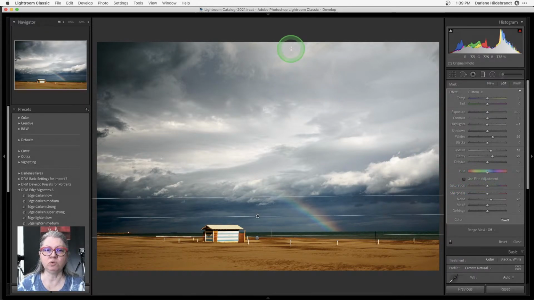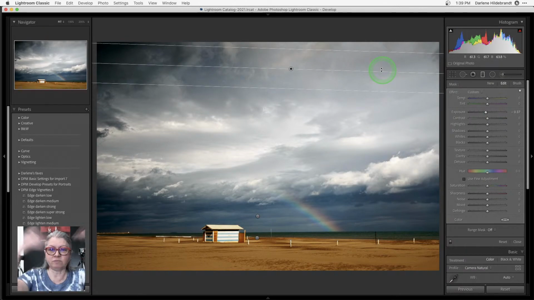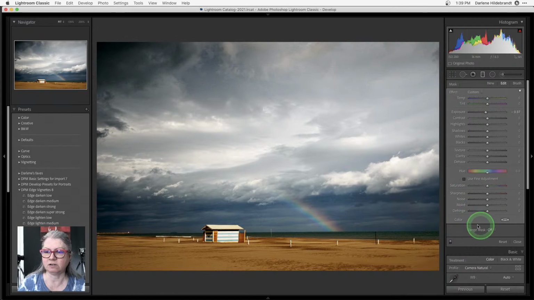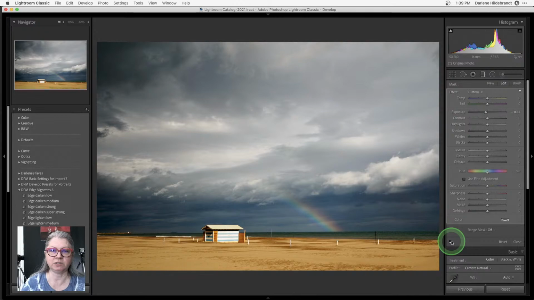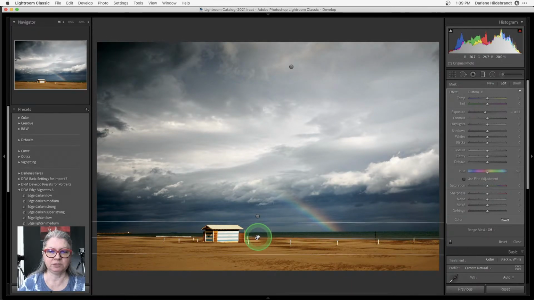Finally, I might do one more at the top here. I'll double click effect, because I want the top of the sky to be darker. That just helps keep people's eye from going out the top of the image. So I've now got three of these little graduated filters applied. Let's see what happens when I turn them off. See how bright the foreground and the hut were before I started, and now the sky has more of the attention. I'll probably just take this back a tiny little bit.